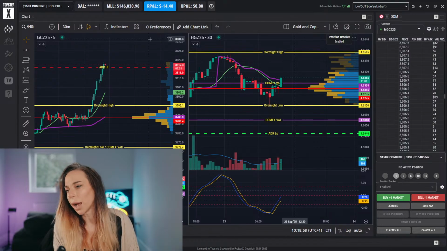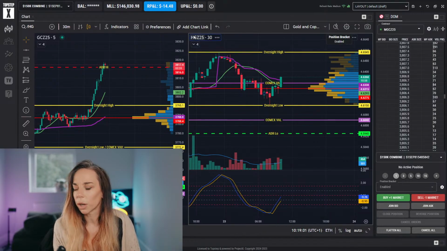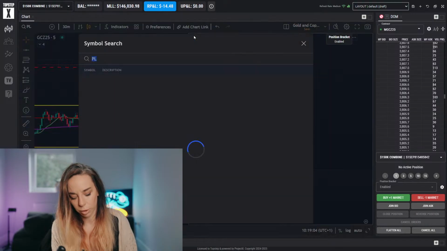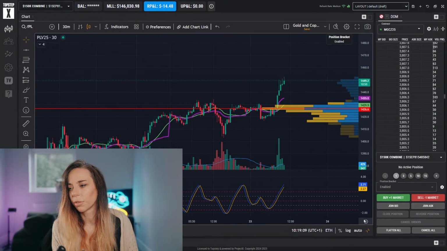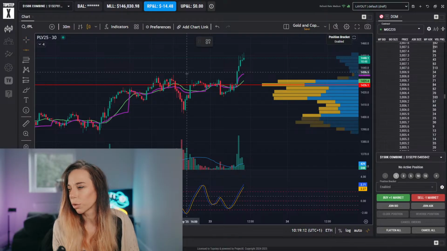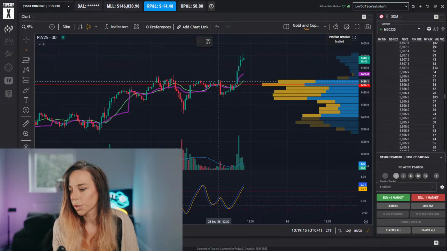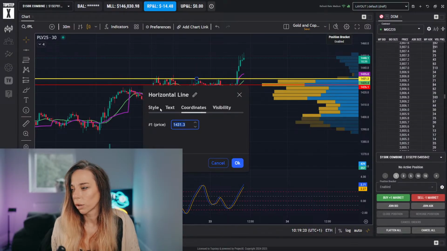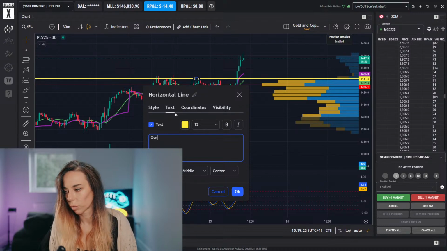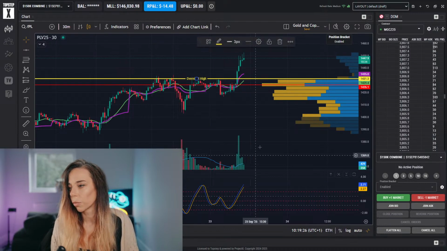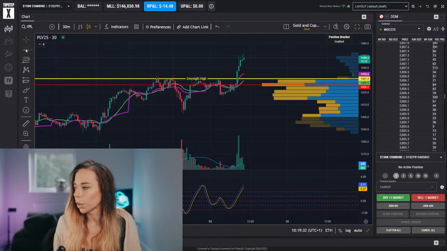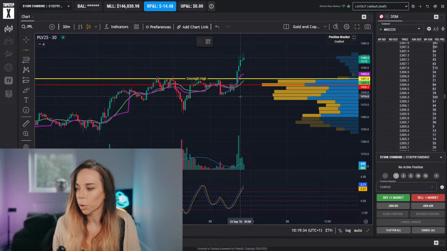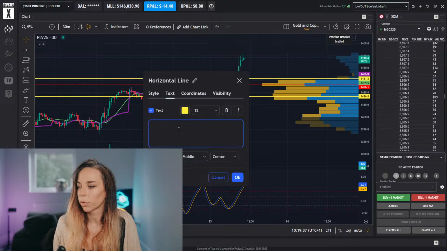Let's have a look at something like platinum. I don't have a bot for platinum or anything, but maybe that can have a different outlook for this time of day, even though it can follow gold quite a bit. All right, so first things first, find the overnight high, and then find the overnight low. Interestingly, the range on platinum for overnight is